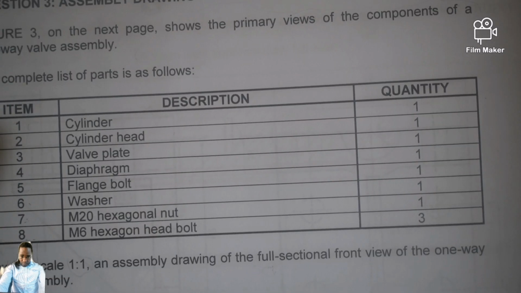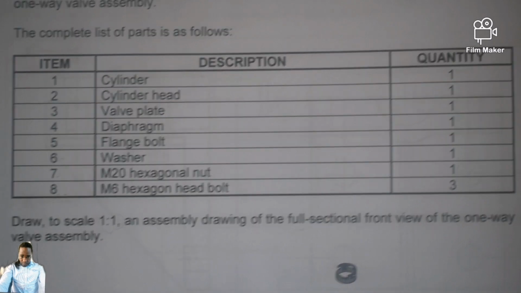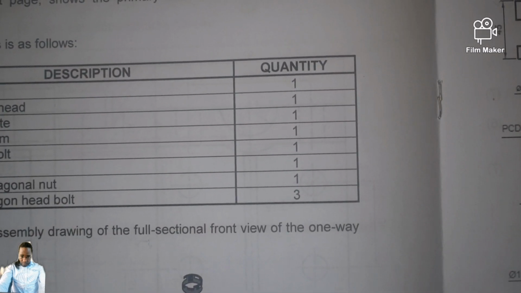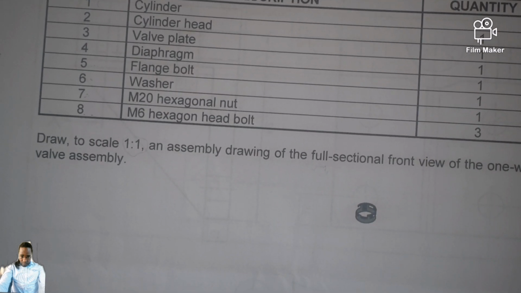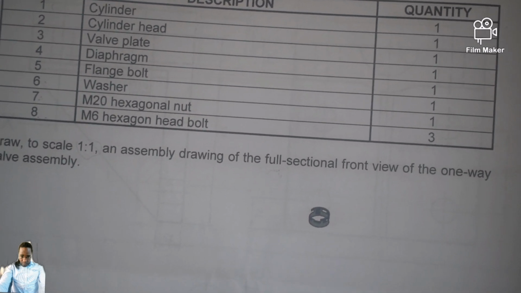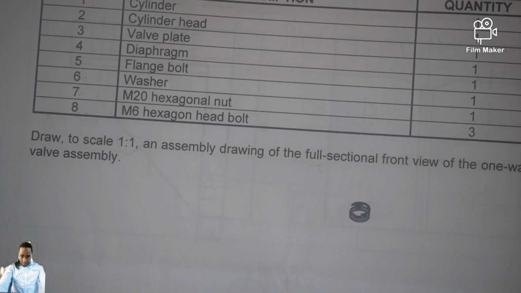assembled. So we've got items 1 up to 8. So the descriptions and the quantity, very much important, the quantity. So they say draw this to a scale 1:1 in assembled drawing of the full sectional front view of the one-way valve. So we've got item 1 up to item